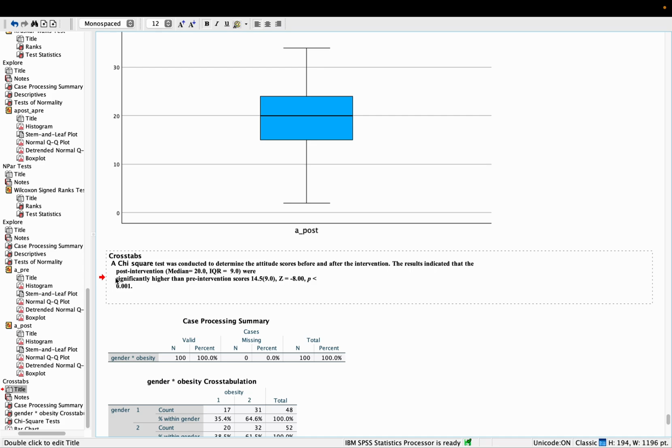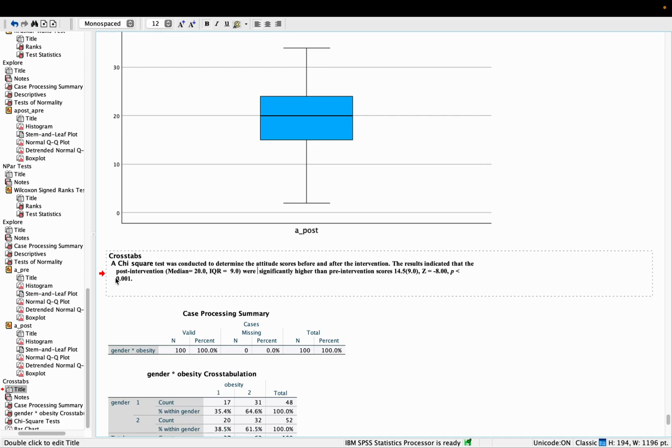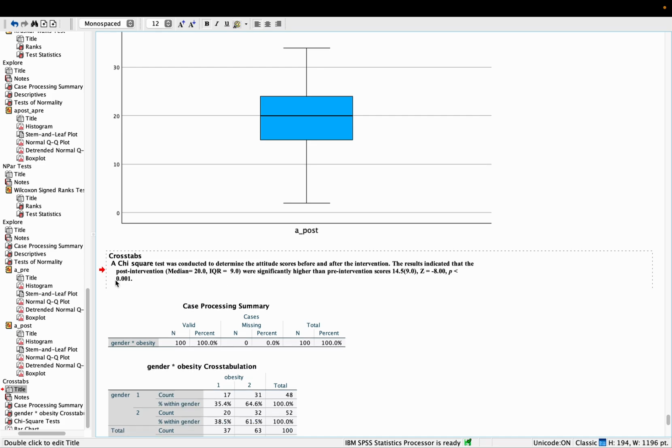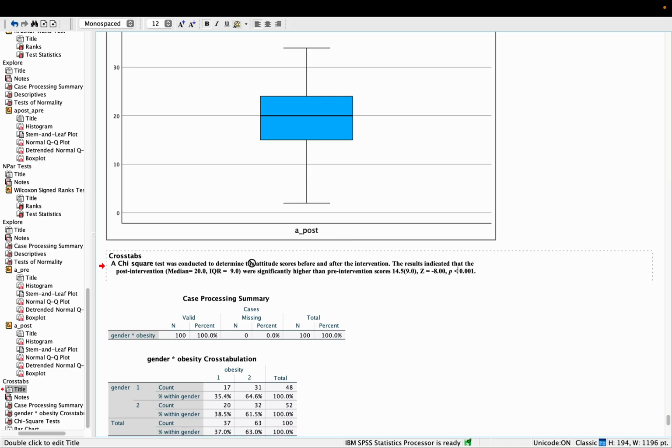Ataupun nak cakap tadi pun tak apa, gender and obesity. Okay. Yes, betul. Kena tulis. Boleh? Ya? Yang ni dia persen. Kita pakai persen kalau